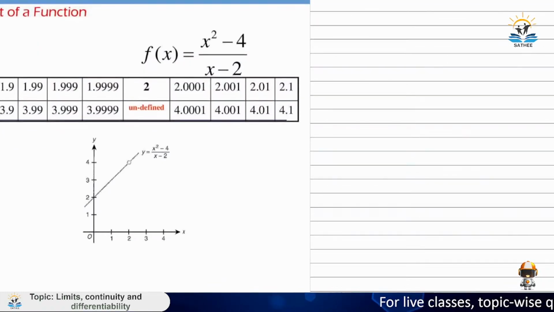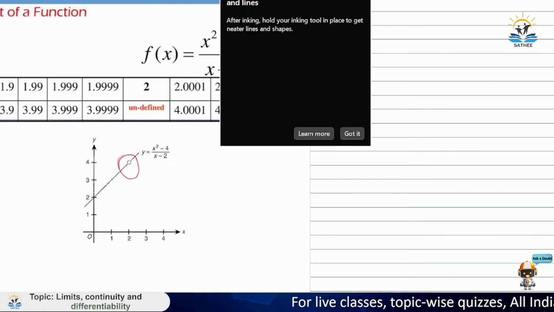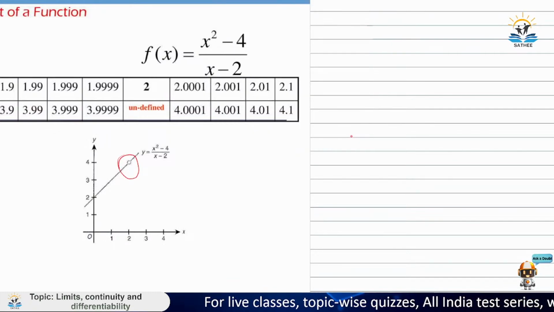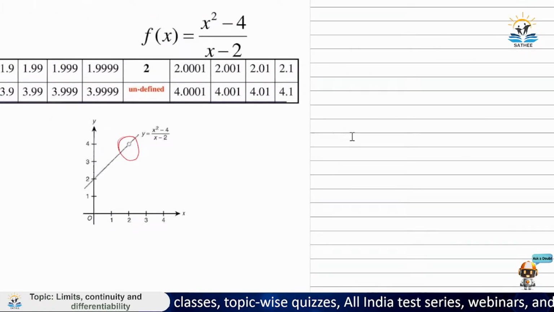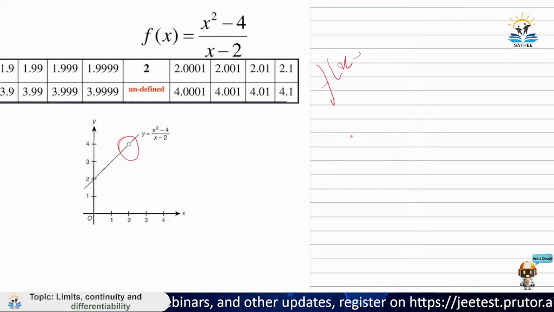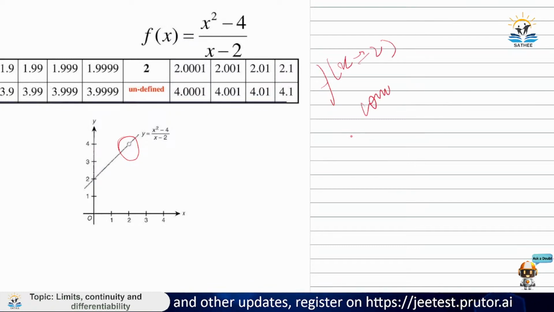You can see the graph of this function as well. What does the graph look like? There is a dot here. This dot represents that f of x is not defined at x equals 2. But seeing the values, we can see that at x equals 1.999 we get a value of 3.999, and similarly at 2.001 we get a value of 4.001. So what we can say here is that f of x converges